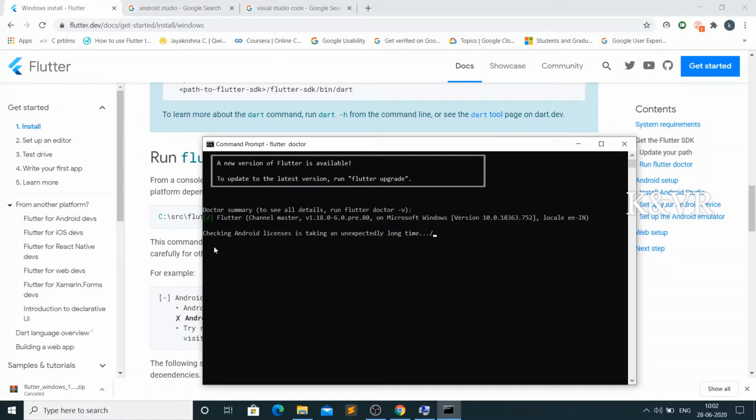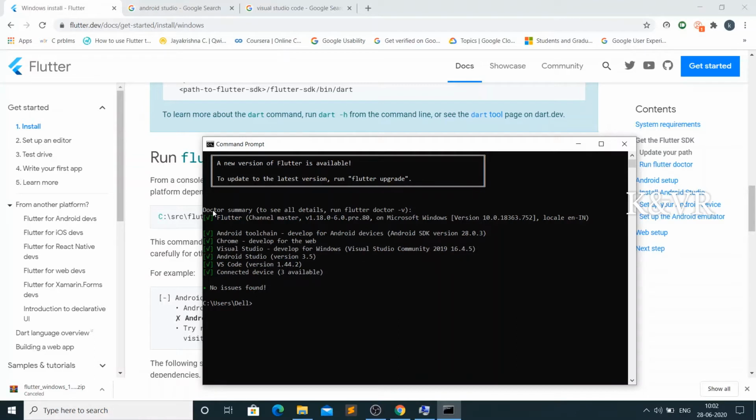Let's see. It will take some time. Yes, I have already downloaded all. I have no problems. After that, we want to come to this. Then only you can run a Flutter app in your laptop. You can create a Flutter app in your laptop. Let's see how to do it.